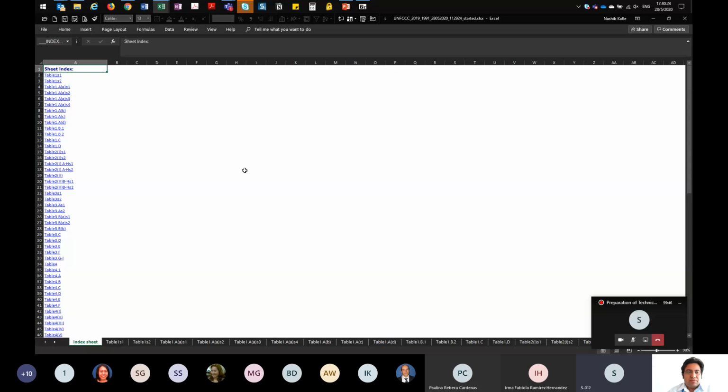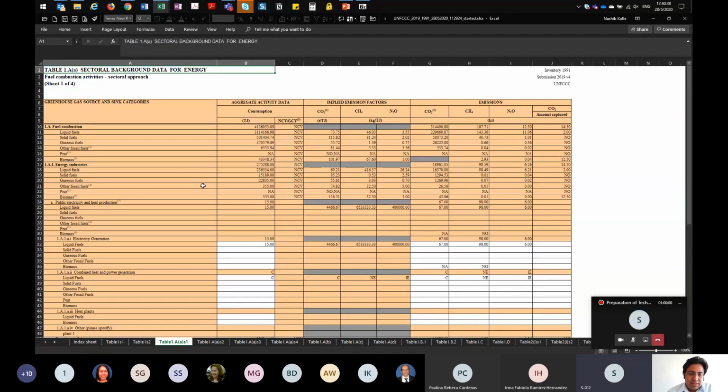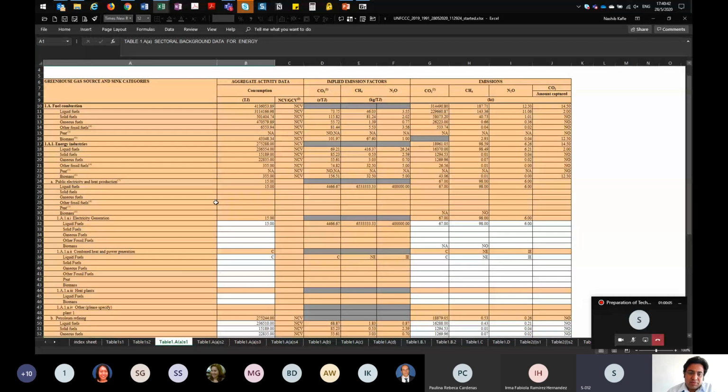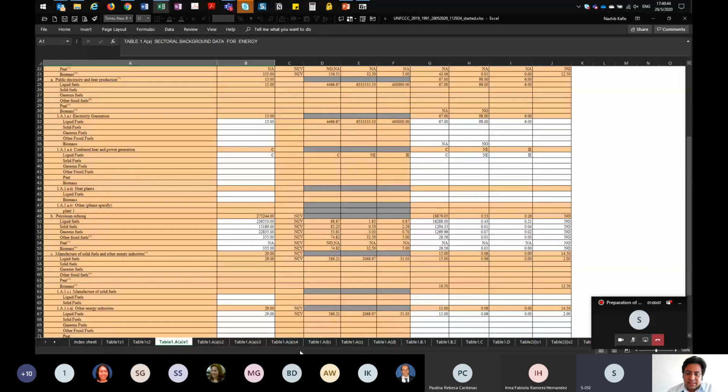For a particular year, you can see that there are 72 worksheets, and if you click on one of these worksheets, you can see that the table that I showed you a while ago is also here, and then there are the rest of the tables. So this is how you can export the whole CRF tables for all years for your internal review within the party.